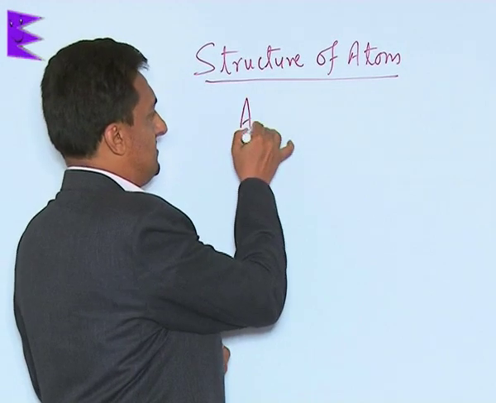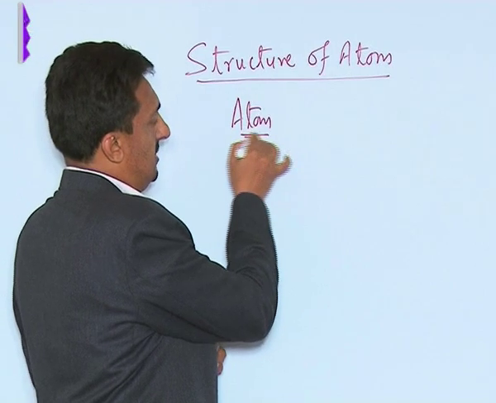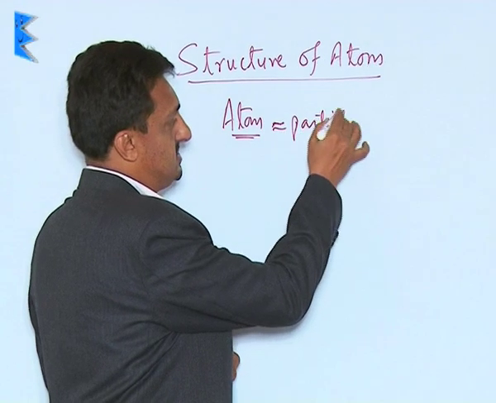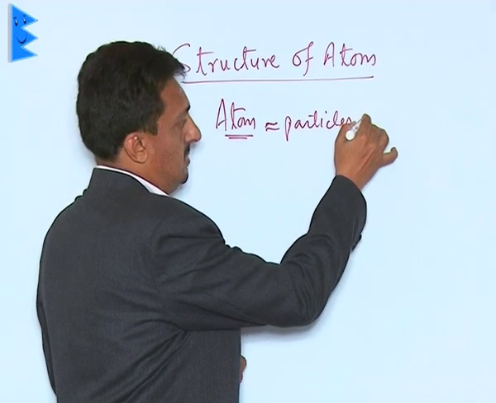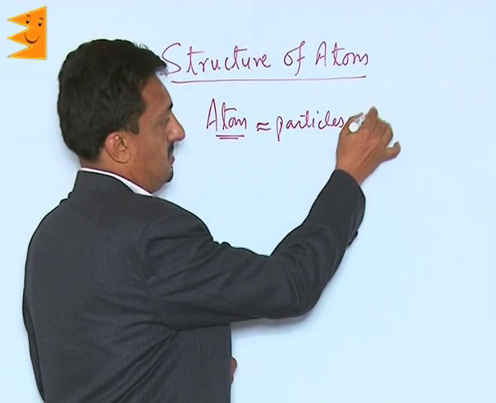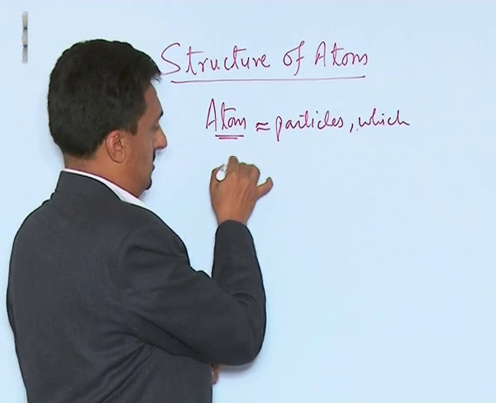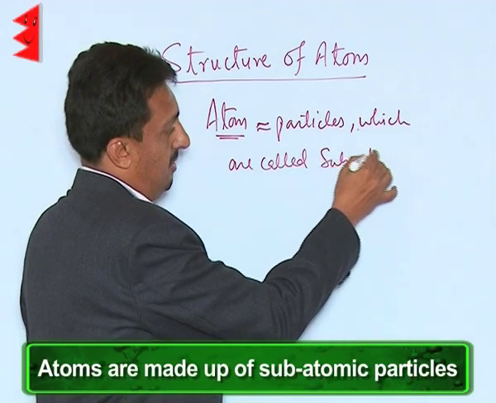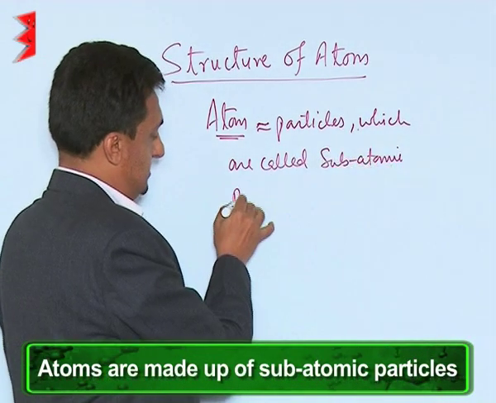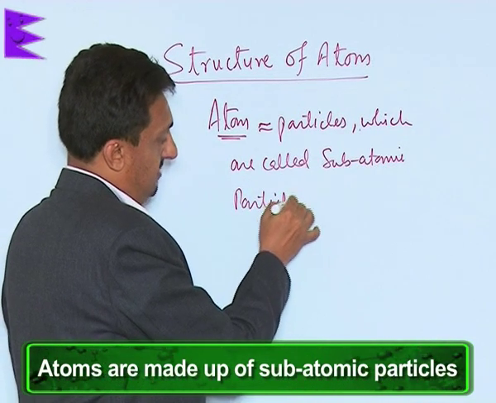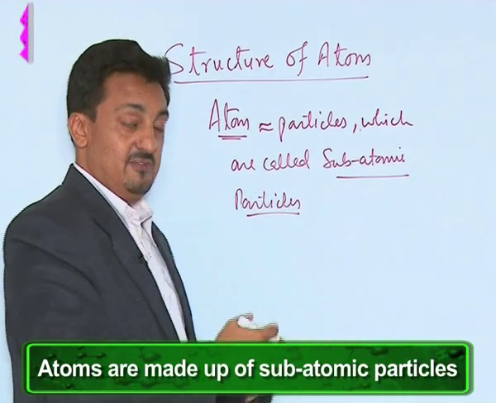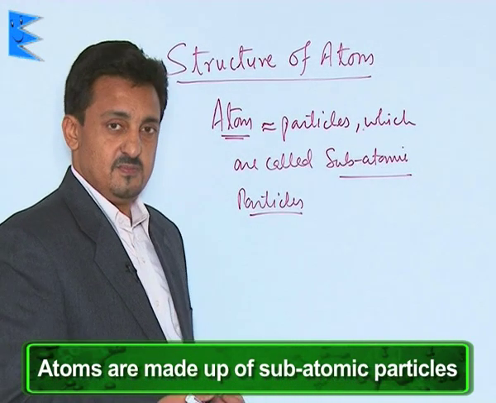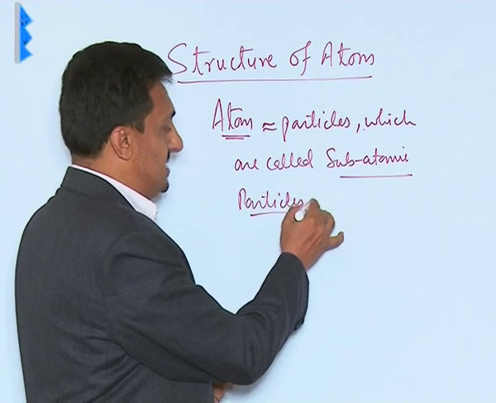See, the atom is made up of certain particles which are called subatomic particles. As the name suggests, these are the particles which are smaller than the atom and they are the ones which make the atoms. The subatomic particles include mainly,